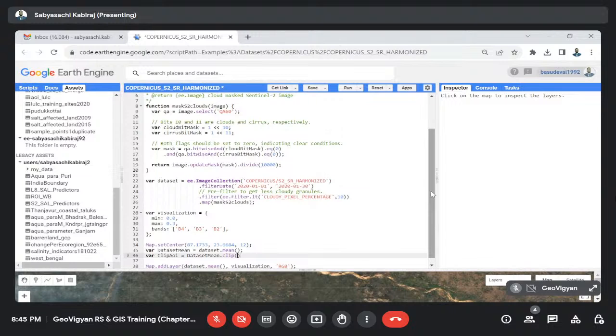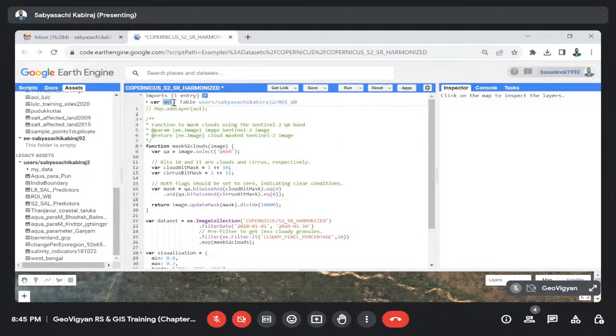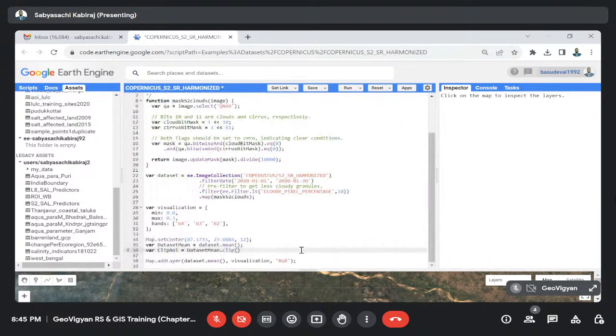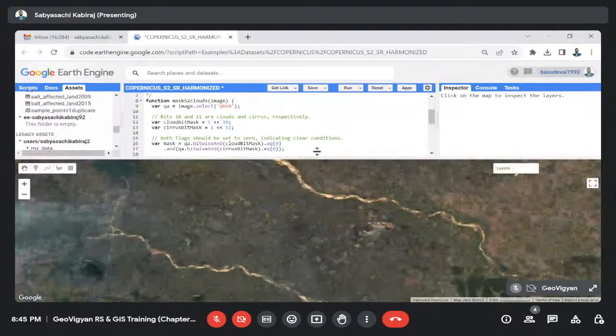My region of interest, that is AOI. So just select that particular name and paste it over here. Remember, a syntax error is a big error in JavaScript, as it is a case-sensitive programming language. Now we will visualize this clipAOI. If you run the script,